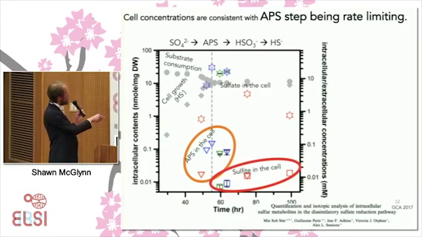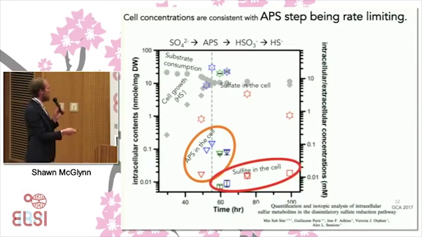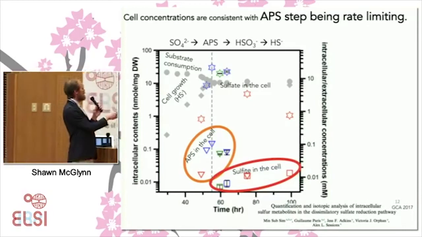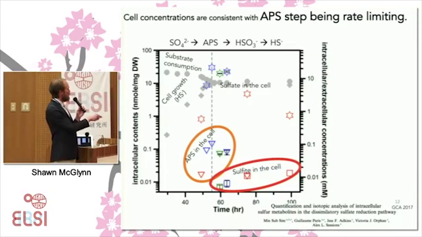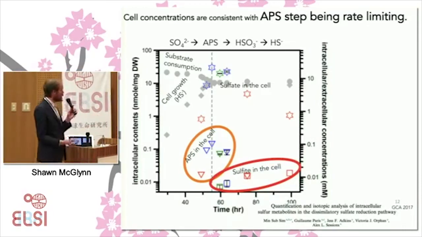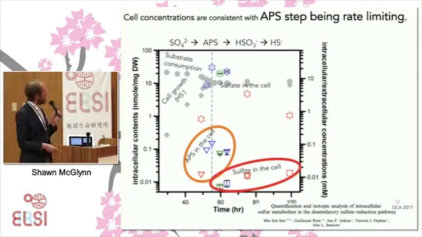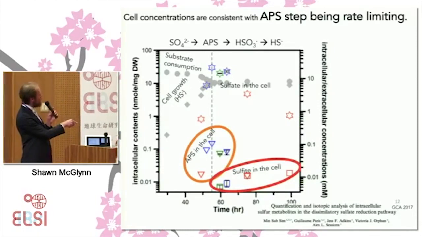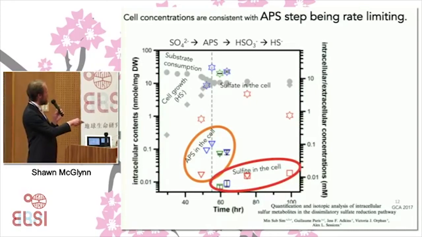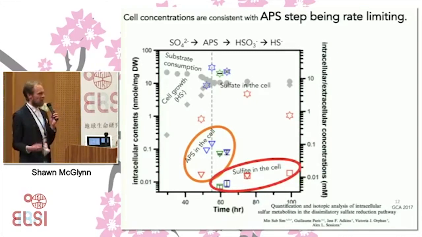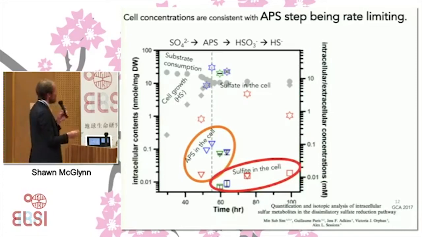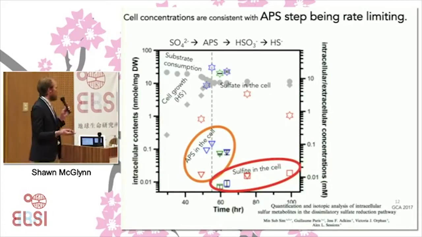Then here's the concentration of APS in the cell. This is the kinetically activated sulfur compound that those first 2 electrons will be put onto. And then here's the sulfite. This is the compound that has 6 electrons added onto it. And what MinSub found was that basically the APS is always at a higher concentration than sulfite. And so one thing this implies is that kinetically this APS reduction step is a little bit slower than the sulfite step. And once sulfite is produced, the final 6 electrons go right onto sulfite, making sulfide. And this seems fairly comfortable chemically.